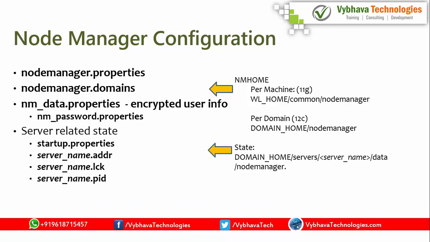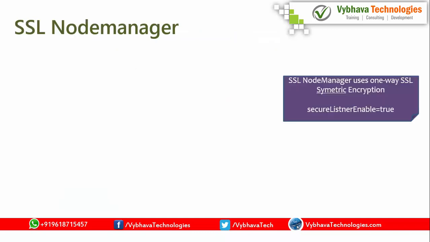When the server is started, to avoid it being started again if you click the start button, we have a server name with .lck, that is a lock file. Once the server is in starting state, it is going to generate a process ID. When the server is created, what is the state? It is initially starting, then it changes to running state. The boot.properties file, which is required for every managed server to connect to the admin server, that information is also available.